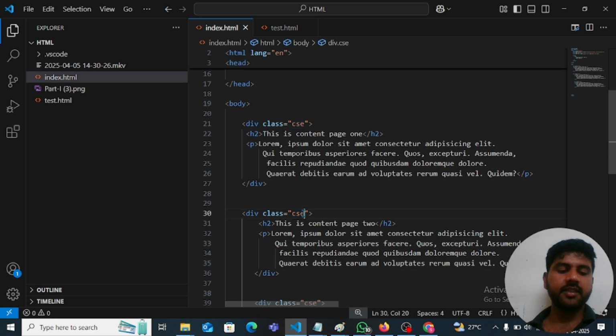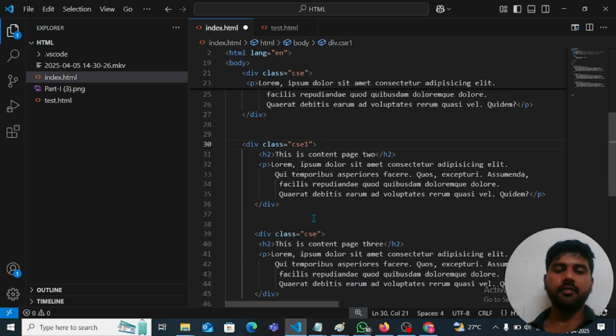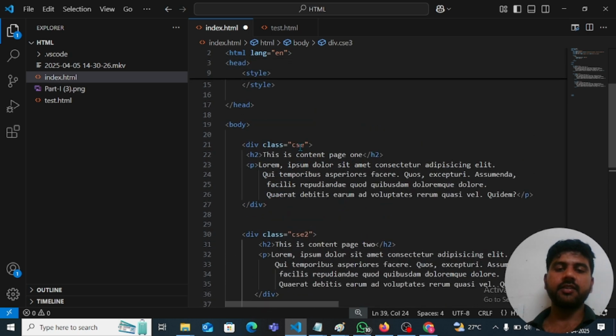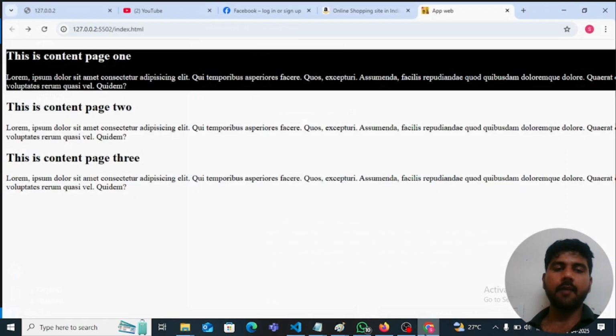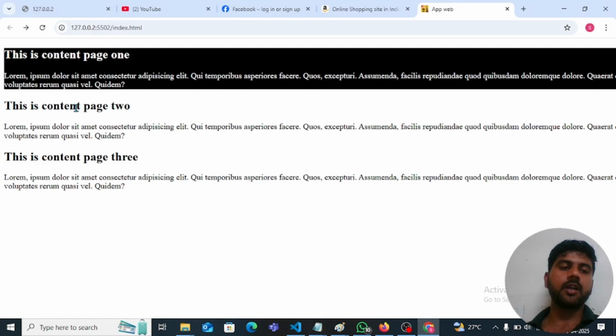So what if I mention here CSC1? What if I mention here CSC2? What if I mention here CSC3? And if I mention here CSC1, if I say this program, and if I say that CSC1, what will happen? It will be applicable only for the container one. It won't be applicable for the container two, the rest of the two containers. So if you want to apply